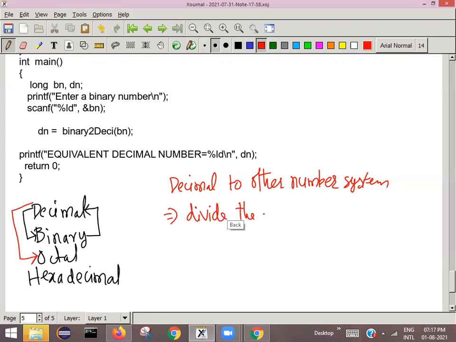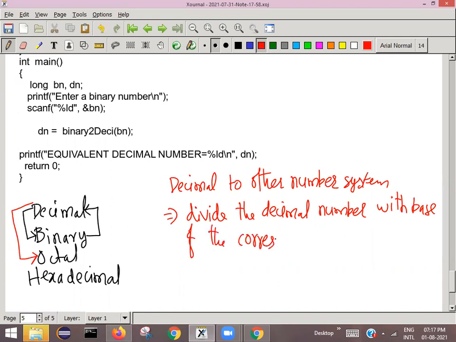Divide the decimal number with the base or radix of the corresponding number system.